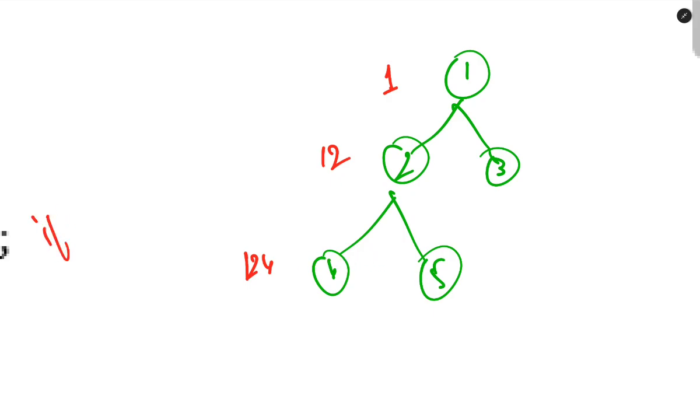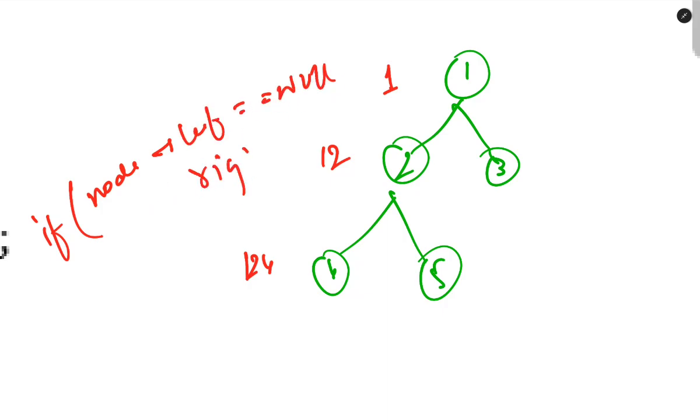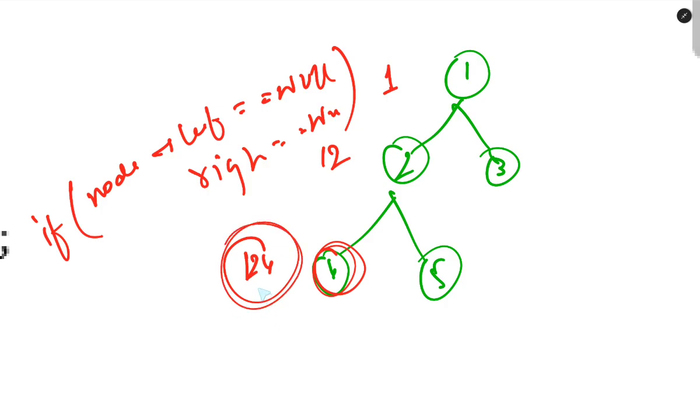I will say that if this node's left child is equal to null, and also its right child is equal to null, then in that case I can say that this 4 is a leaf node. And what I will be doing is changing this string 124 and adding it to my answer. So basically plus equals 124. Okay,